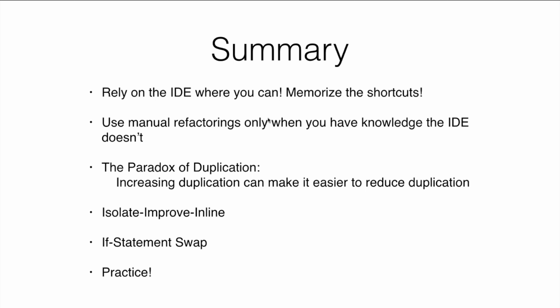that point. And then along the way, we'll see what I call the paradox of duplication. And that's the idea that increasing duplication can make it easier to reduce duplication sometimes. So you'll see examples of doing that. Another one is a tactic I call isolate, improve, and inline, where I'll take a section of code, extract it out maybe to a variable or method, clean it up a little bit,